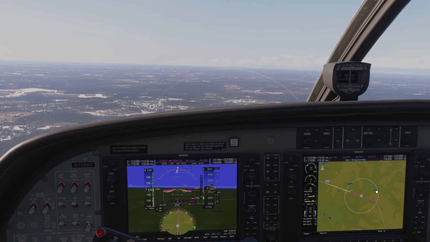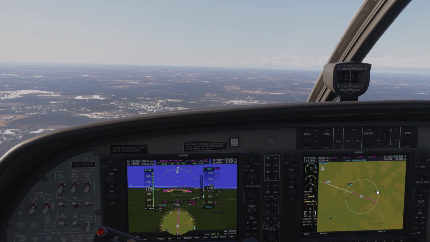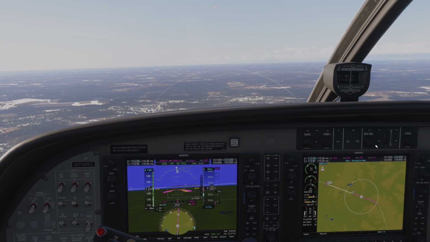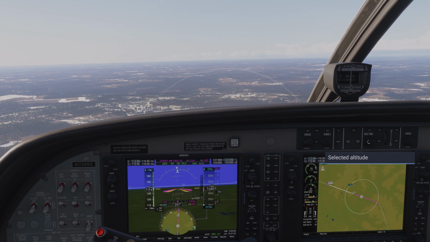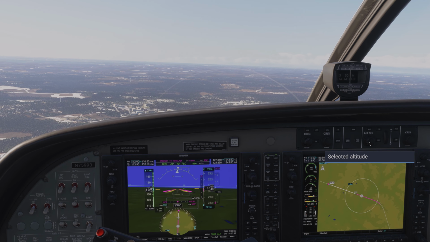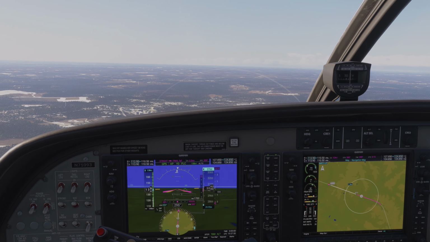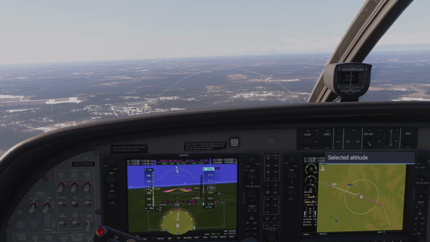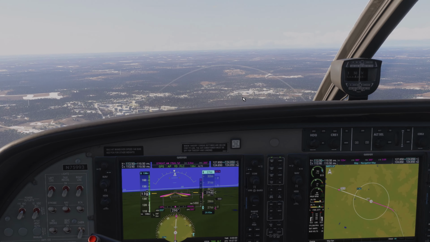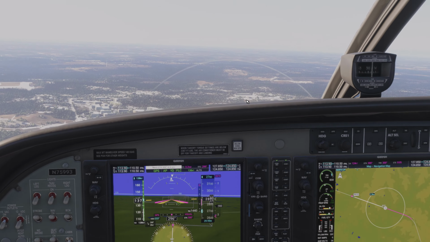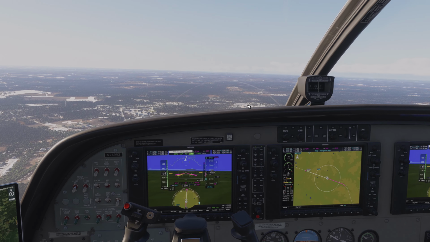Now at this point, can you spot the airport? If you are seasoned in flight sim or are a pilot, maybe you have, but at this point in time I had no idea where in this green and brown mess in front of me the airport was, and I was looking at the map on the right hand side, noticing that we're getting a lot closer, and as you can see there when we zoom in, right ahead of us, that tiny little dirt strip is